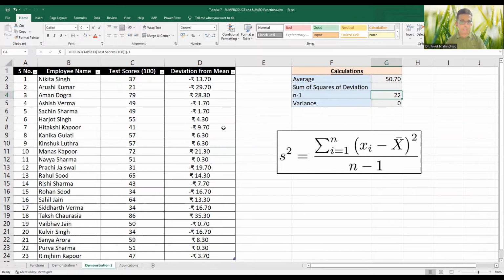To ease out the calculation and to save some time, we have already calculated the average value here, that is the x bar. We have already calculated the n minus 1, that is 22. And we've already applied the formula of variance in this particular cell, that is G3 by G4. That is sum of square of deviation, which we're going to calculate right now, divided by n minus 1. To calculate the sum of square of deviation, we'll apply the SUMSQ function